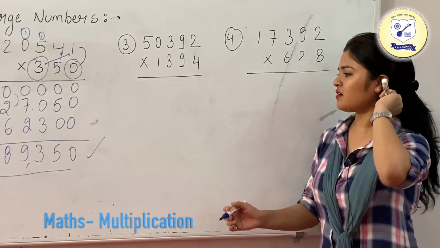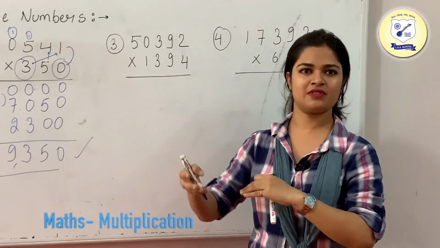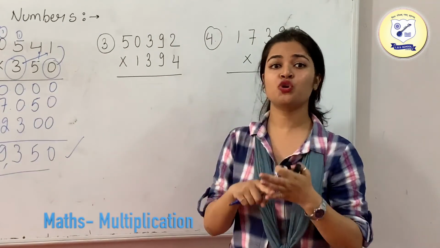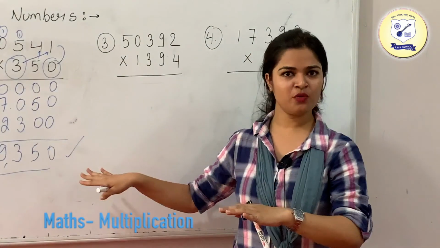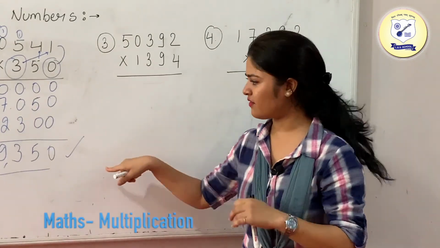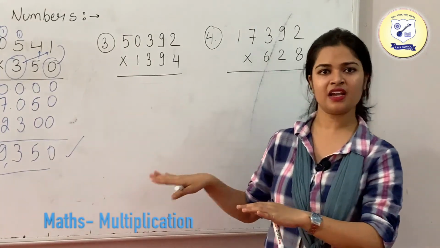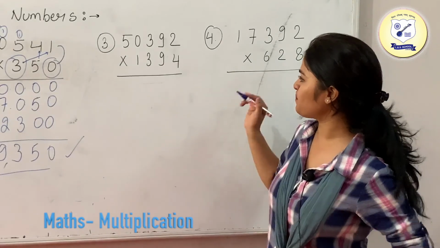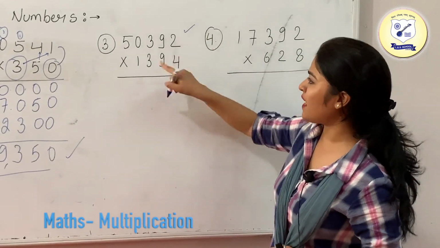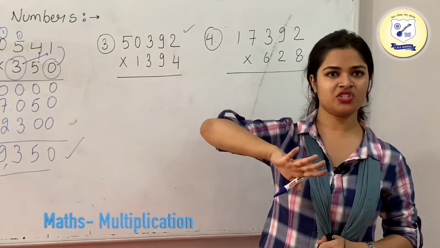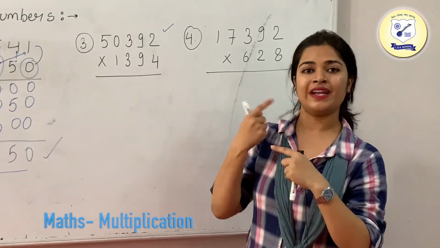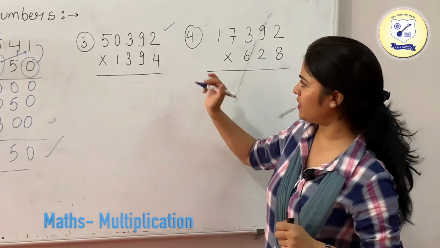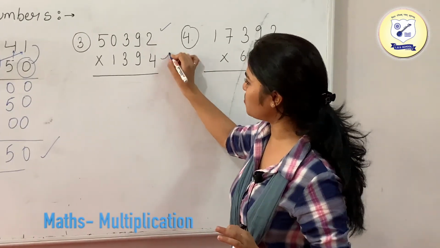Okay, since we are reading this for the higher classes like 4th and 5th, so you should be aware of the place values of the numbers as well. Okay, so just whenever you are done with the answer, just read the number. Okay, just try to read that according to their place values. So now I am going to multiply a 5-digit number with a 4-digit number. We will follow the same thing. Now I'll tell you the additional thing which we are going to read about later. So first of all, just do the same thing which we did earlier.